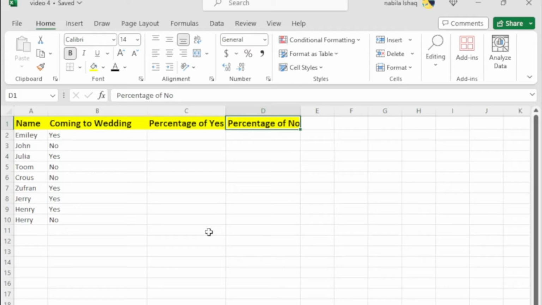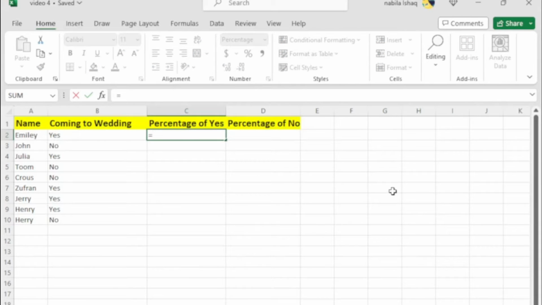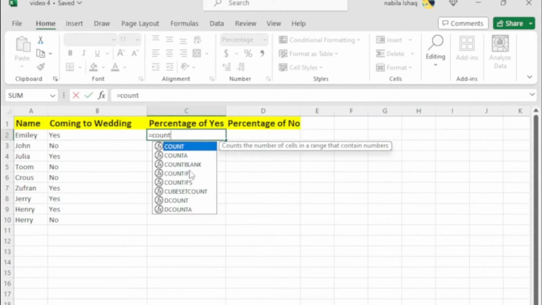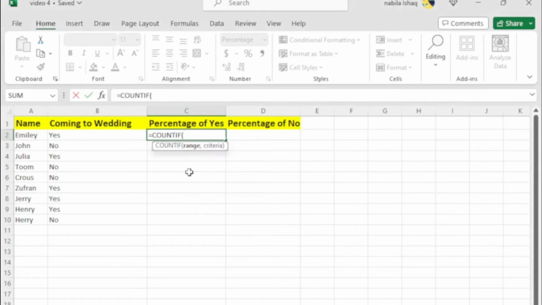To get the percentage of yes, select the cell and type the formula equals CountIf. Now select the range of yes and no, comma. For the criteria, put double inverted commas, and in the double inverted commas, type yes. Now close the bracket and divide this